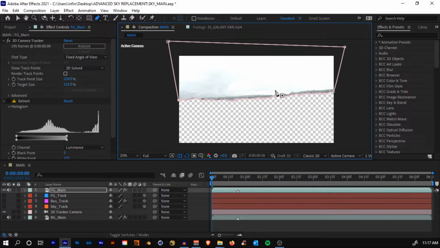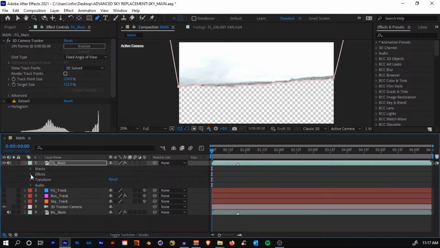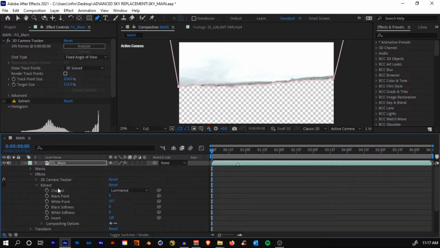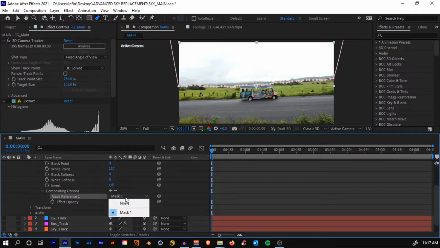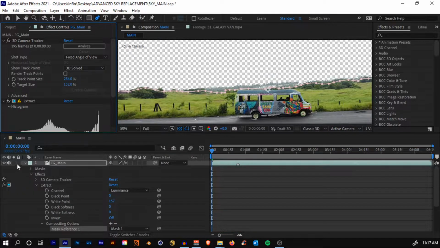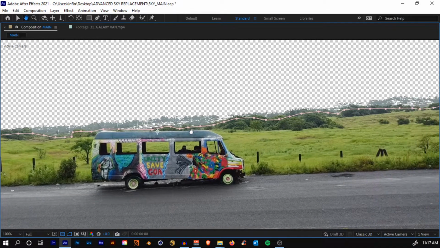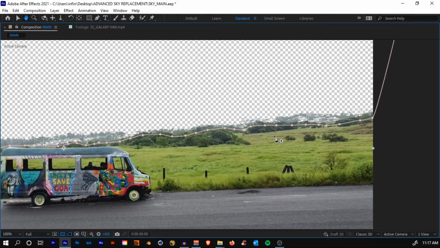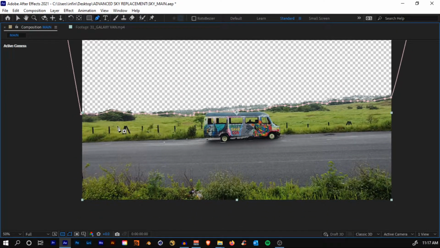Where is the other footage? Now how can we fix that? Don't worry, if you just drop down this menu right here, come to the effects, extract, you'll see an option called compositing option. Just click on +1 and just select the mask 1 right there. And now if you turn on the extract effect, you will see that, wait 1 second, we are only affecting the part above, so only the part where the mask is drawn, not the part below the mask.